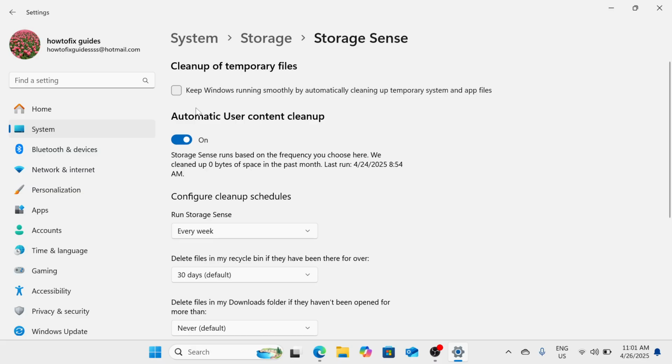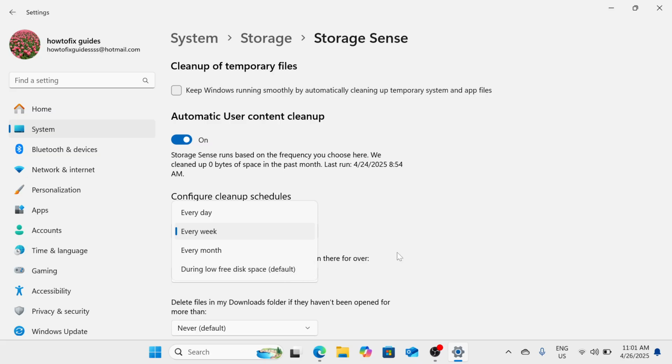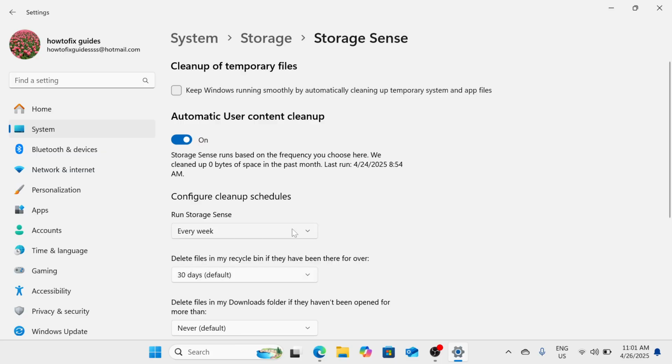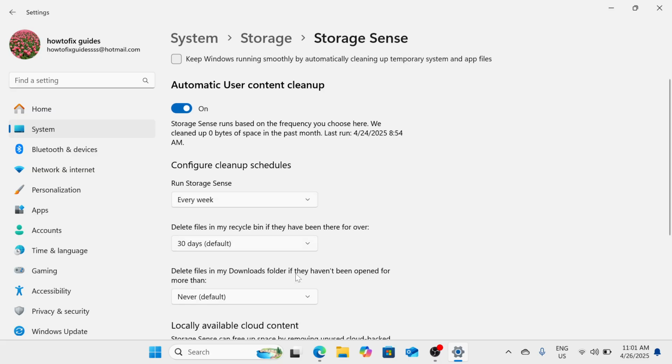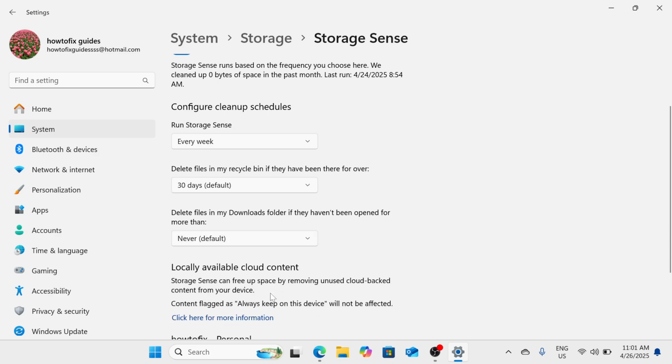And once you're in here, all you need to do is just to click on this cleanup of temporary files option here, and then you can configure the cleanup schedules by selecting the options for how often you would like to run the storage sense. So you can choose every week, every month, every day, or during low free disk space, which is the default option. So you can either choose from the options here, and then once you're done doing this one, you can also proceed with this delete files in my recycle bin. So you can also choose an option for that, and delete files in my downloads folder. So once you're done doing this one, just close this window, and then we will proceed with the privacy settings,